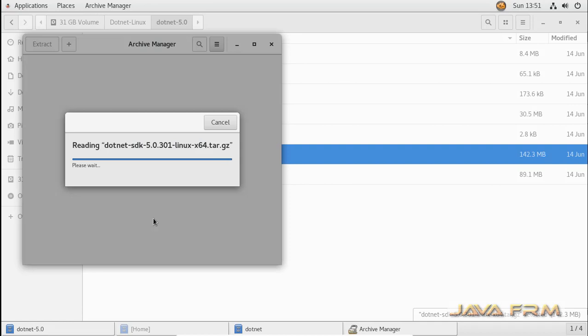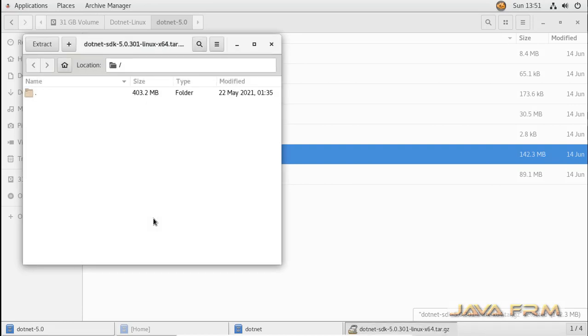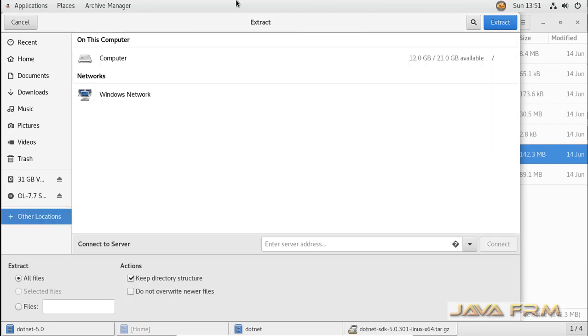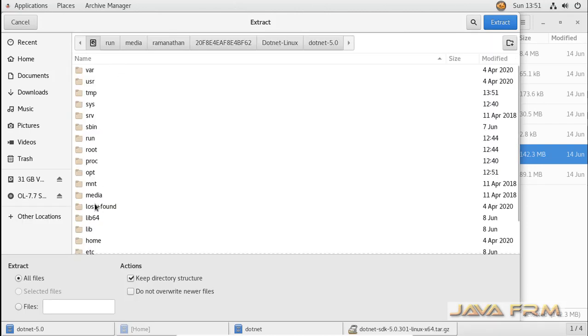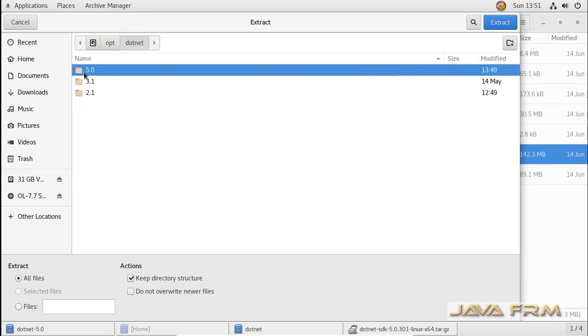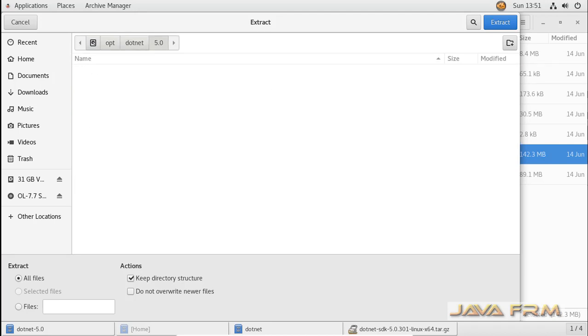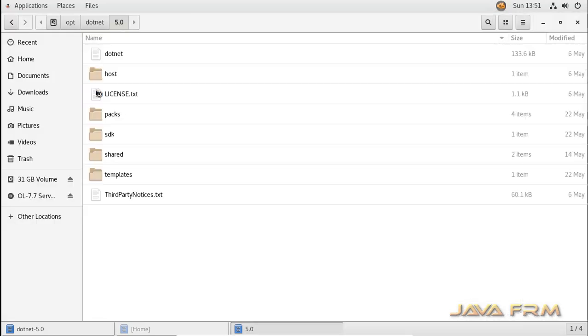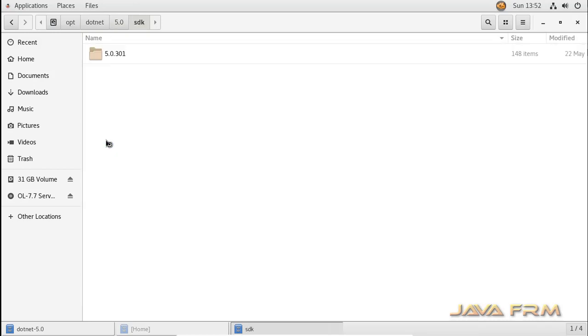Okay, let me extract the .NET 5.0 tar.gzip file to the /opt/.NET/5.0 location. So I have created 2 separate directories, one for binary and another for application, so that it will be easy to identify. So this is the extracted directory structure of .NET 5.0.